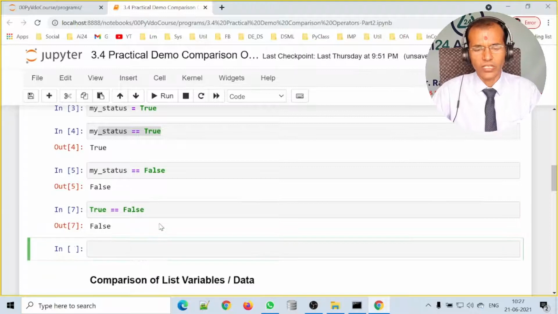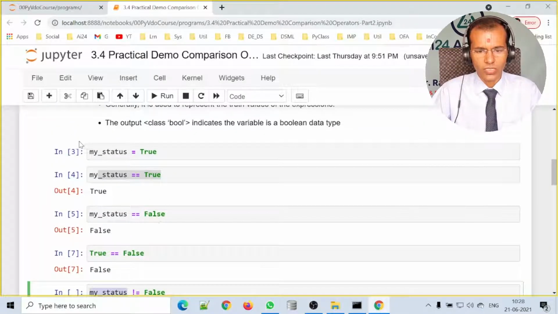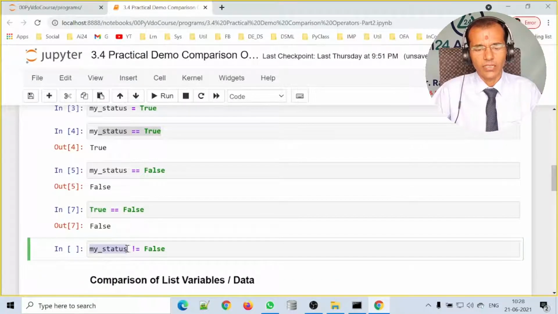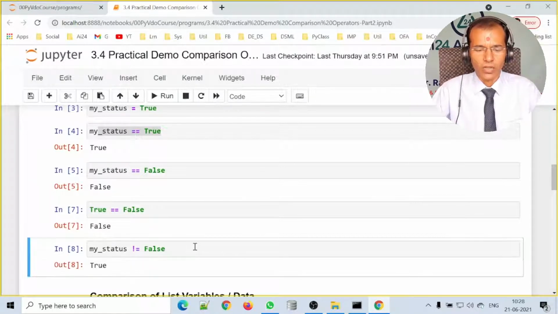And in the same way we can use not equal to. So my_status is not equal to false. Already we know that my_status is assigned the value true, and here we are checking that my_status is not equal to false. Because its value is true, it is not equal to false, so we can see that the output is true.